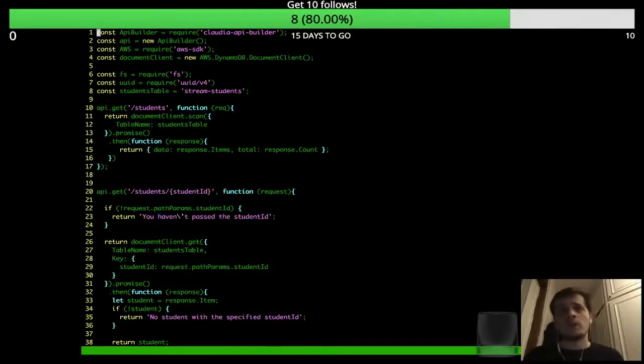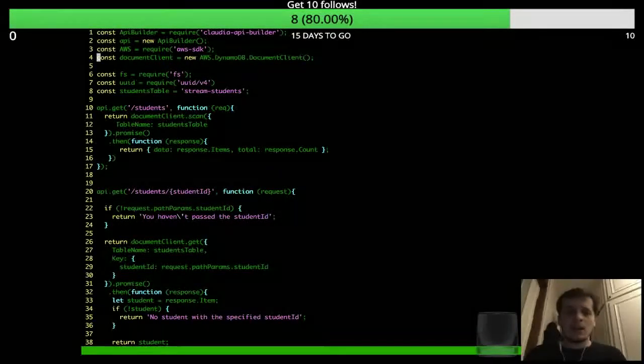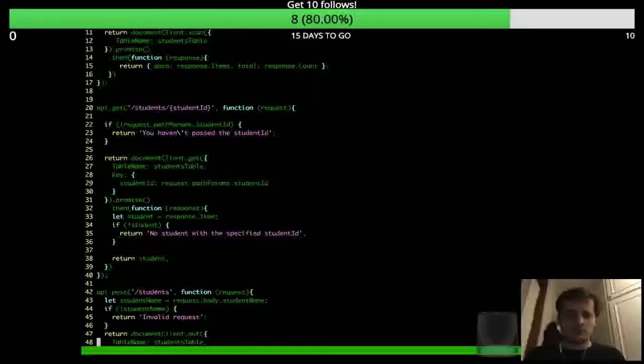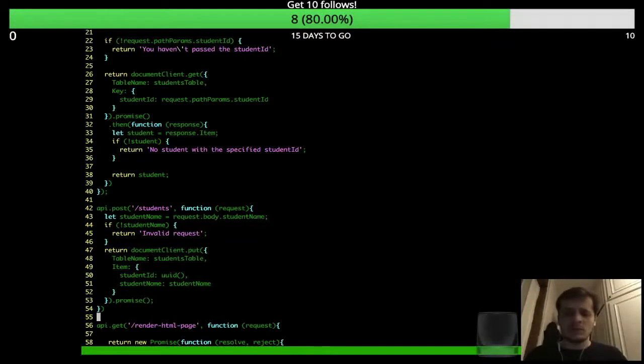Tomorrow we are going to be adding updating a student. How do you update a student, for example, what do we do if we want to change its name? And the second part is what do we do if we want to delete a student? How do we delete students? It is actually very simple. We can do it very easily. You just do, for example, here, after this get a student, you just do an API delete,